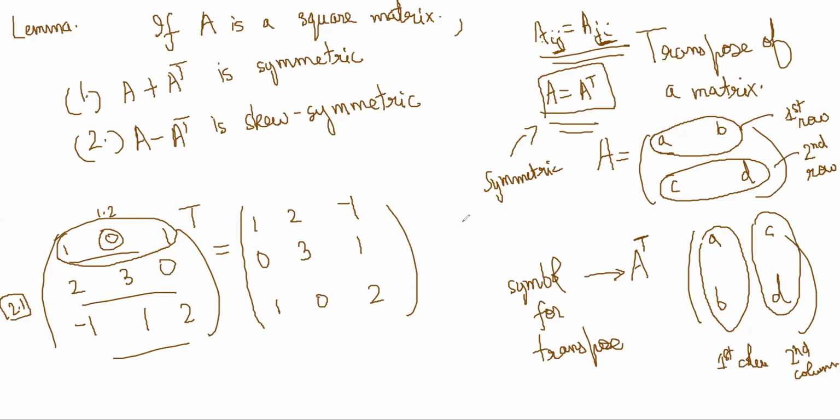For skew symmetric, you have to say Aij is equal to minus Aji. That means A is equal to minus of A transpose. That is what you have to say for skew symmetric. So this is the understanding of skew symmetric, that you do the transpose and then you put a minus sign. And the diagonal elements become 0. Sparsh, are you understanding? Yes. So then now we should be able to prove this.